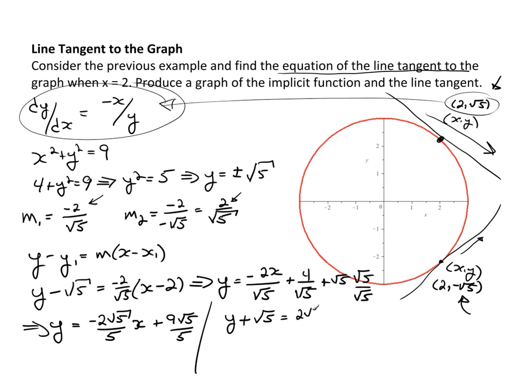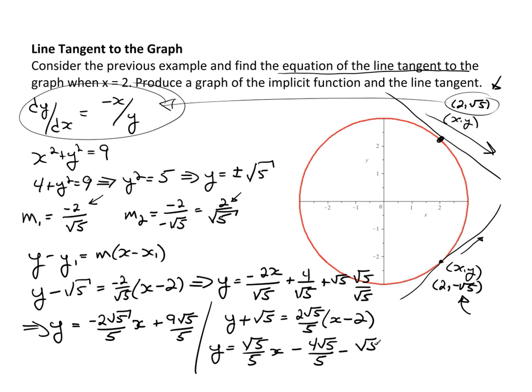I'm sure you caught that when I did it. That'd be 2 root 5 over 5 times x minus 2, which would give me y equals 2 root 5 over 5 x minus 4 root 5 over 5